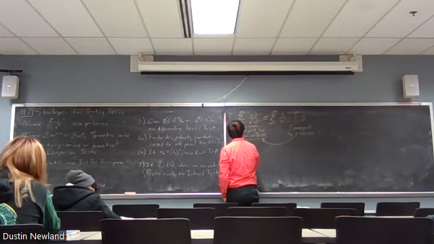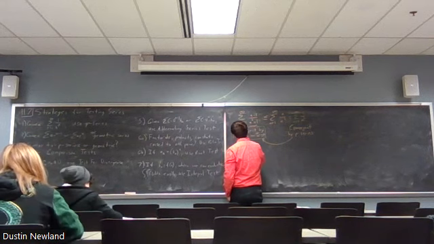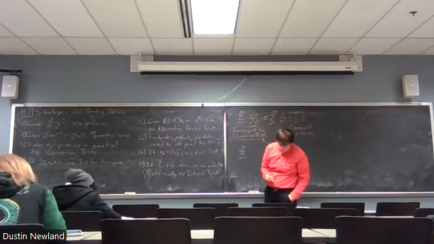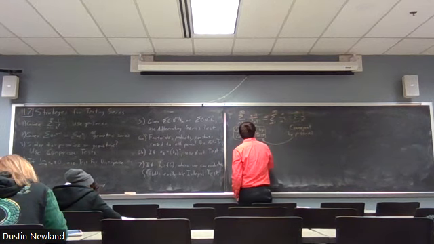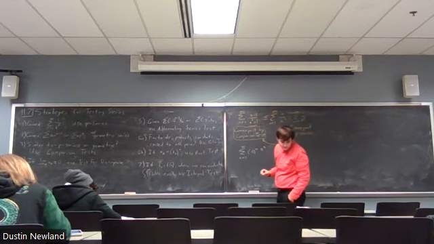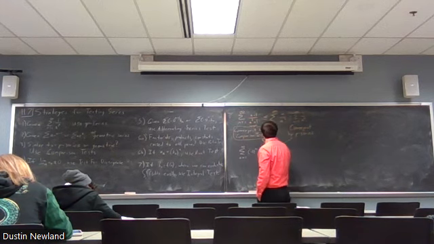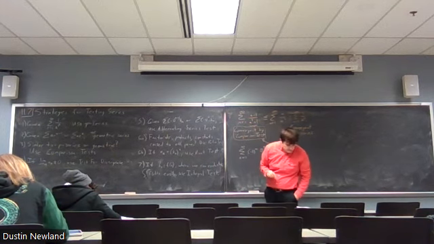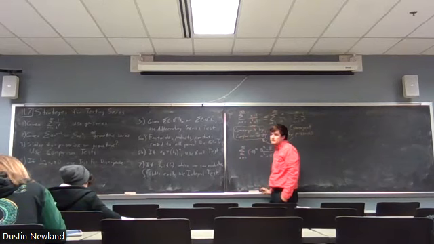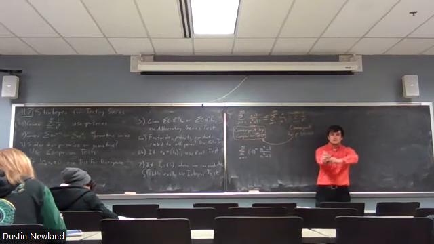Next one. We're going to have the sum from n equals 1 to infinity of negative 1 to the n times n squared minus 1 over n squared plus 1. Okay. Now,